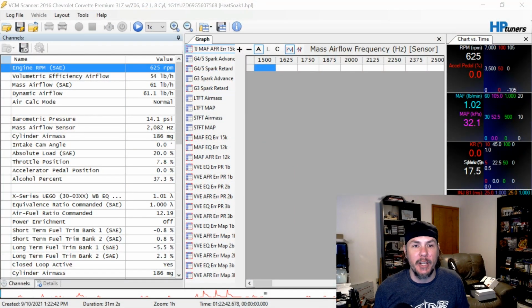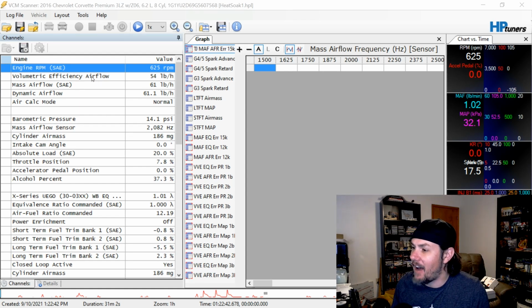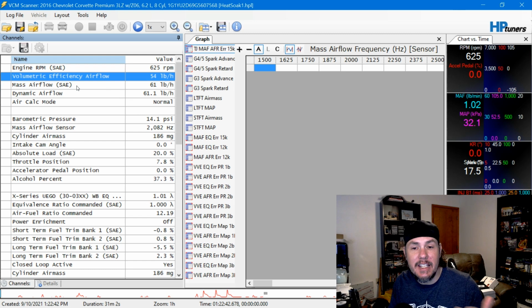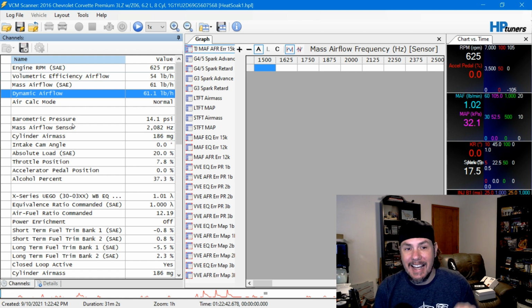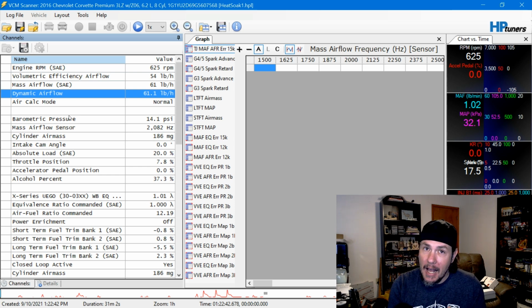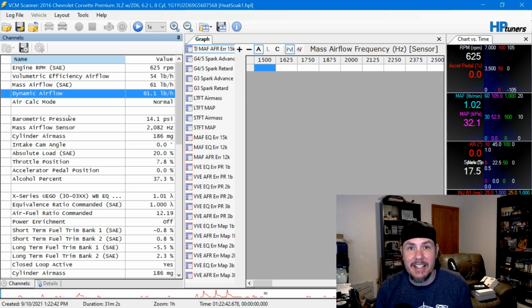I've got a log pulled up here, and you can see right away that we have volumetric efficiency airflow, VE speed density, mass airflow, our mass airflow sensor, and then dynamic airflow. Dynamic airflow is the final calculation of airflow that is applied to determine how much fuel to add in to reach our goals, our stoich goal or our power enrichment goal, things like that. It is all based out of dynamic airflow. But we cannot calibrate dynamic airflow directly because it is a mix of volumetric efficiency airflow and